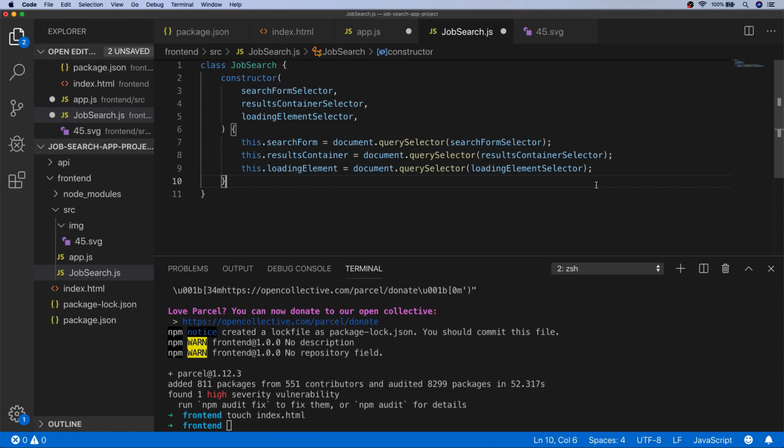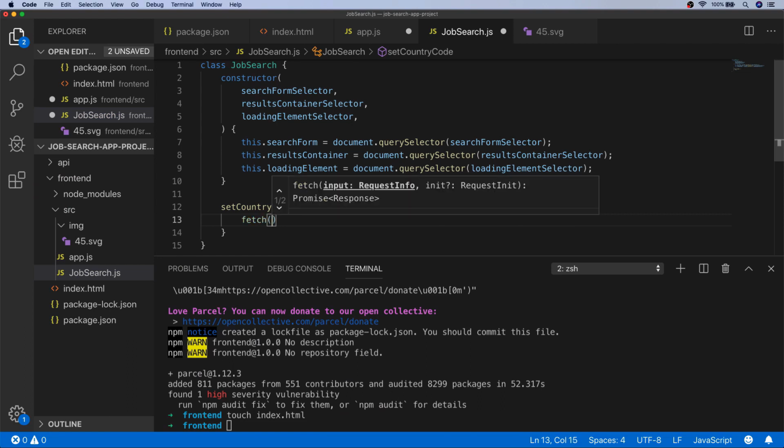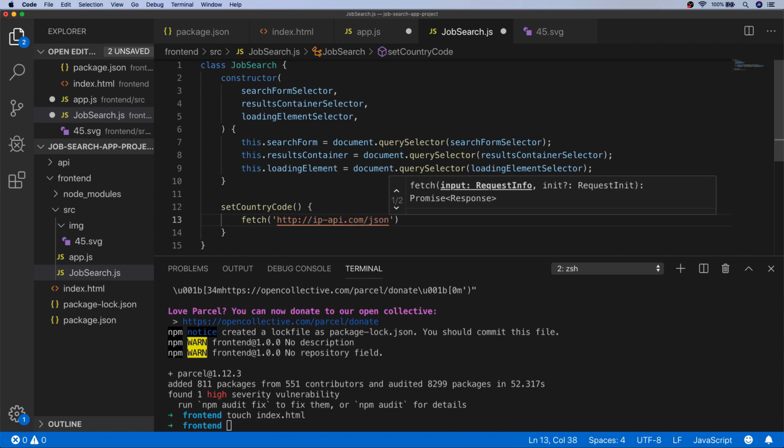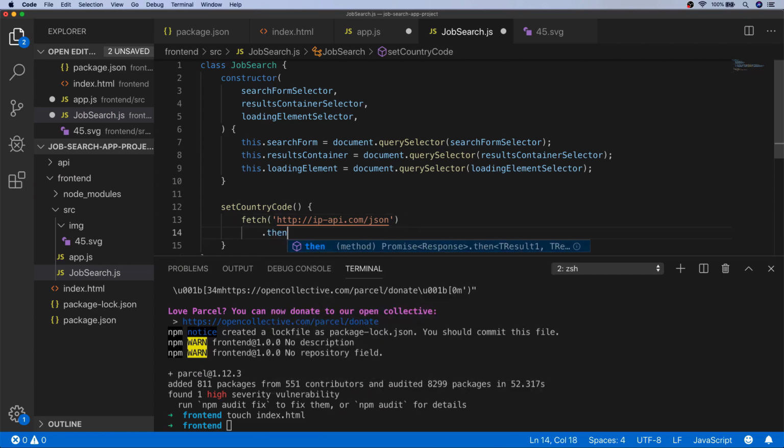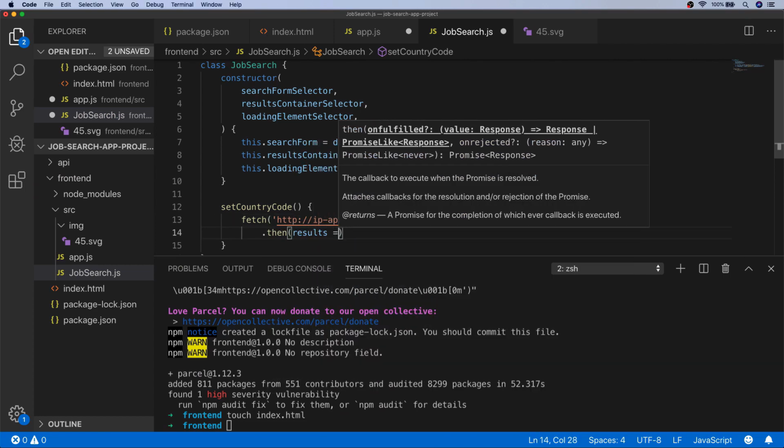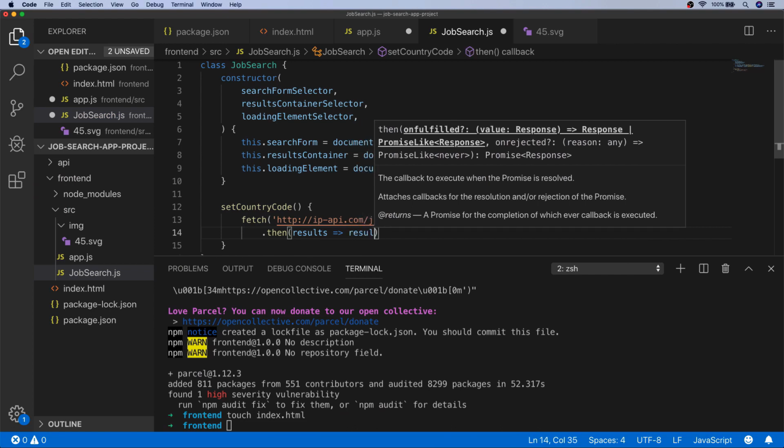So when the page actually loads, we'll run this function, and we'll just call it set country code. And we can do a bit of a geo IP lookup based on the IP address. It's not foolproof, obviously, depending on how you connect to the internet as well. But there is an API provider called ipapi.com. And if we just pass in a URL of /JSON, what we can actually do with our fetch call, if we get our results and just convert them to JSON,